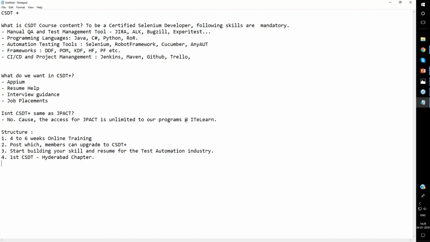So there is CSDT Plus. The primary thing is in class and online. So whatever is happening, you would be able to access it either by attending in class or online. What we intend to do is repeat these sessions with timings and locations suitable for all members. All right. But we will schedule around 10 CSDT Plus programs, I'll say,